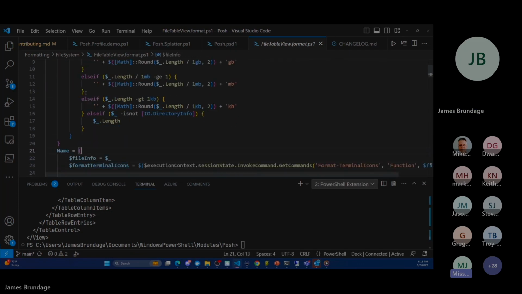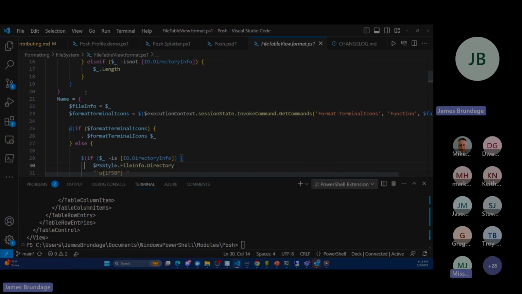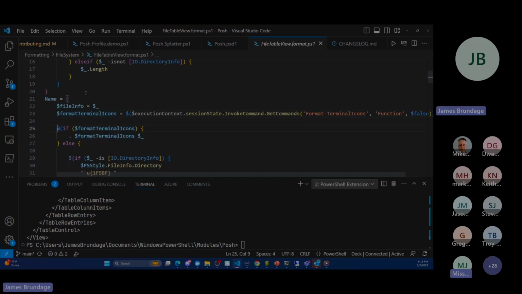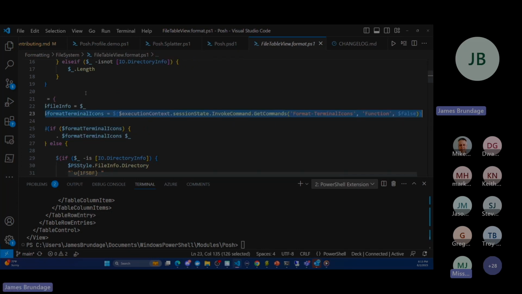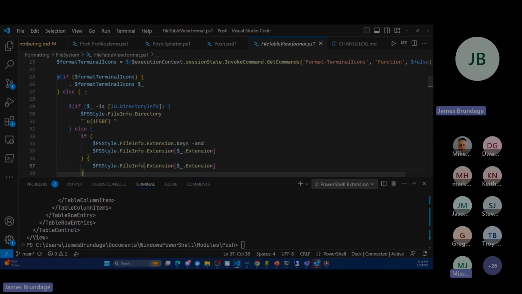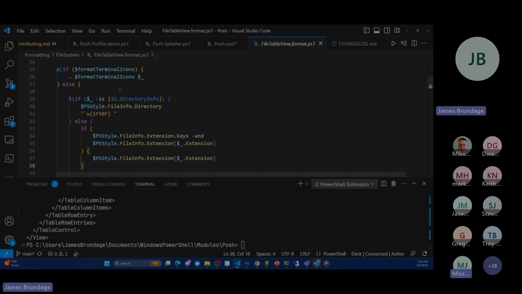Okay. Then for our name, we do a couple things. First thing we do is we figure out, is there format terminal icons? This is where that particular magic works. And this is a little bit more complicated than many, but basically, I'm letting it fall back explicitly on this if you have it. So if I found this, great, I'm going to use that. Actually, now that I'm seeing this, I understand why it requires me to unload POSH before it stops or starts working again. Anyway,